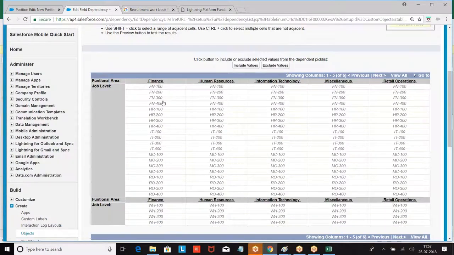Now, finance, HR, IT, miscellaneous, retail market.